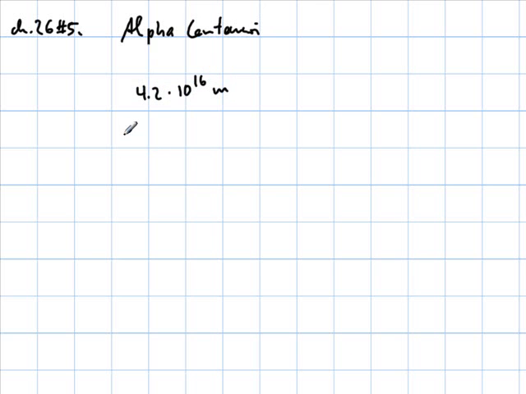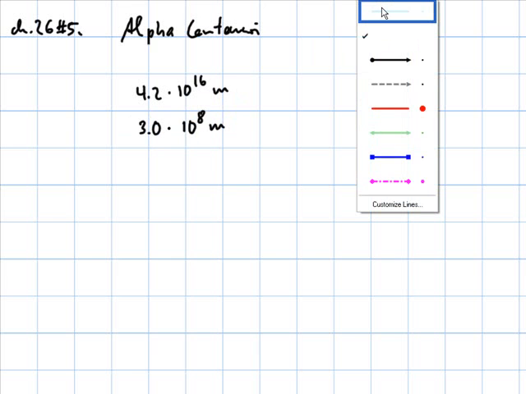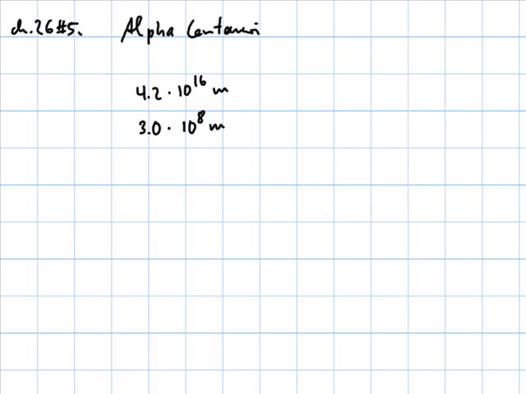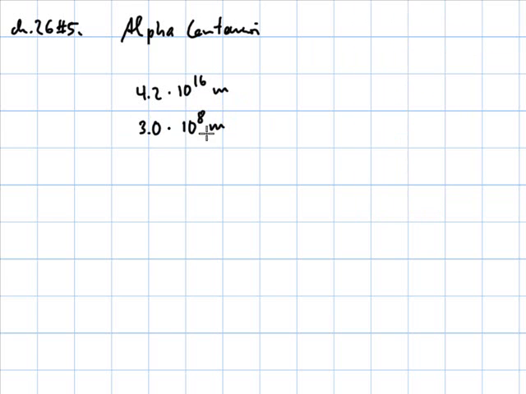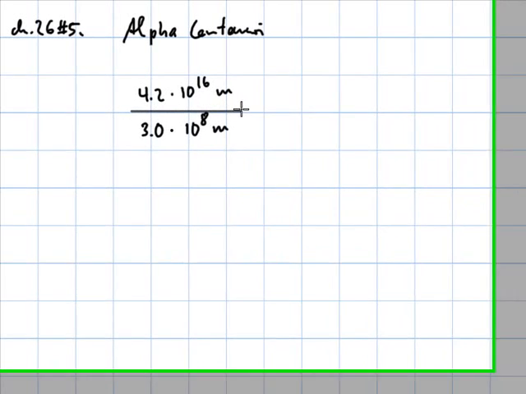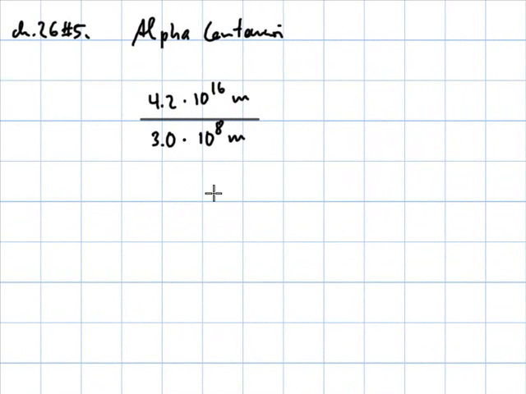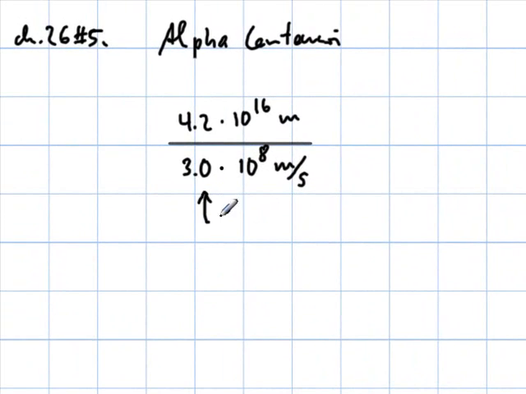So that means we have to deal with the speed of light, which is around 3 times 10 to the 8 meters. And we have to divide the two numbers. Give me a moment here. There we go. There's the fraction bar. Oops, and then I made a mistake. Great. There we go. Meters per second. So this is the speed of light. Of course it is